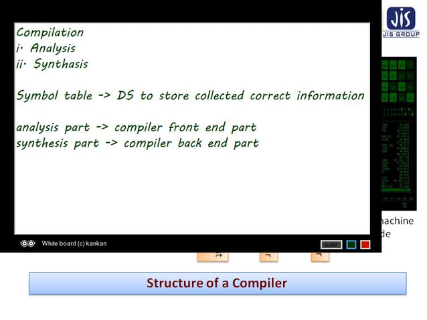The corrected code will be stored in the symbol table. When it is required by the current phase, it will be retrieved, one by one.